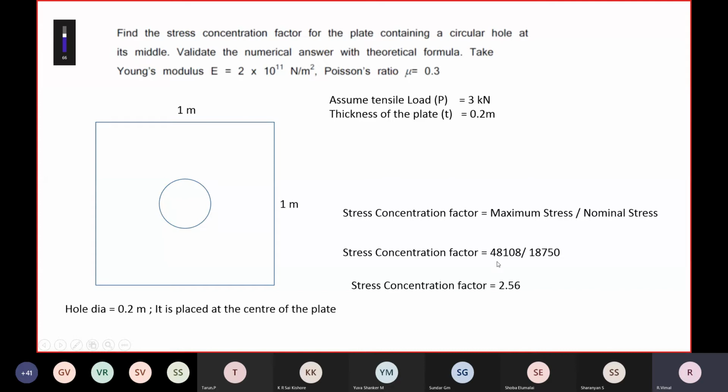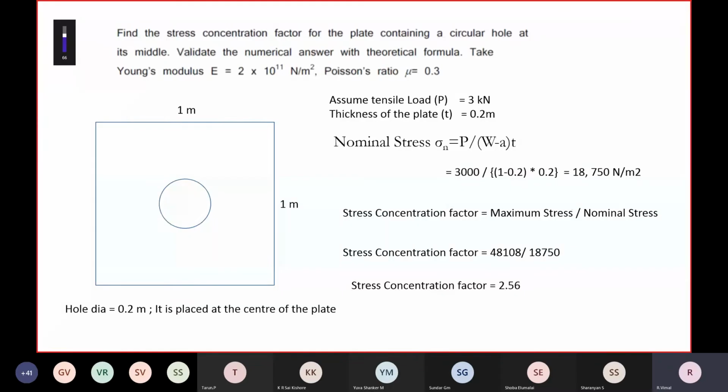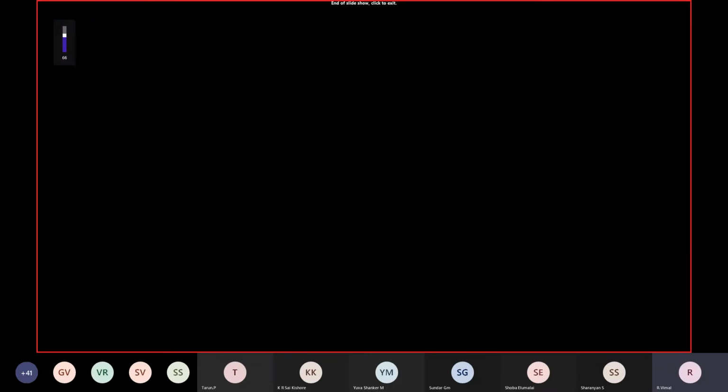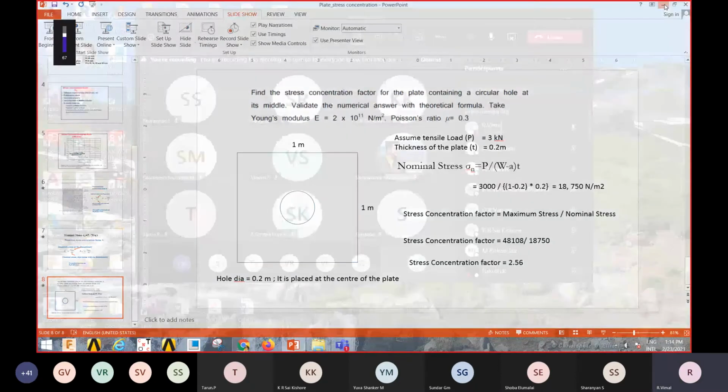The key important thing we have to keep in mind is this particular value alone we have to generate from ANSYS software. So now we'll go to the ANSYS software. Like by now many of you know how to open up the ANSYS software. So I'm opening up the ANSYS software.